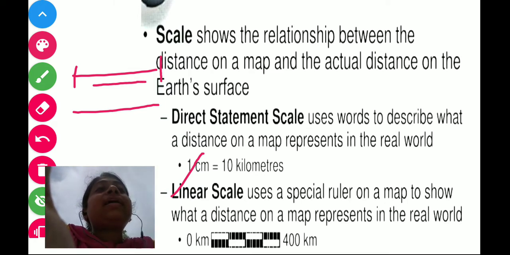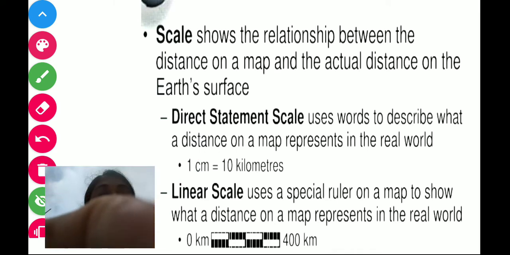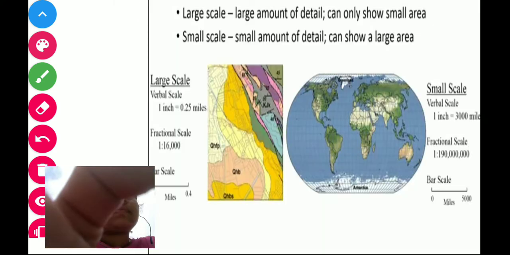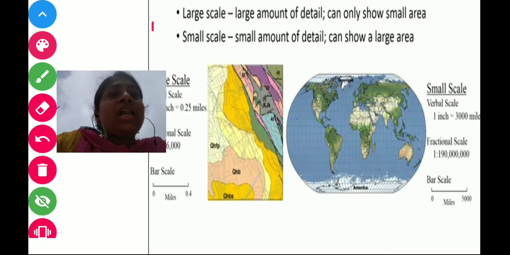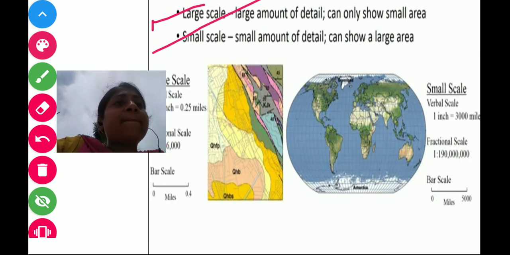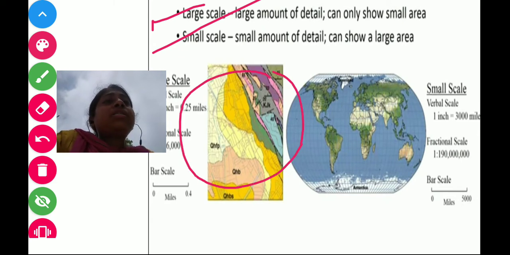According to scale, there are two types of maps: large scale map and small scale map. What is a large scale map? It indicates small areas such as a locality or colony with great detail.